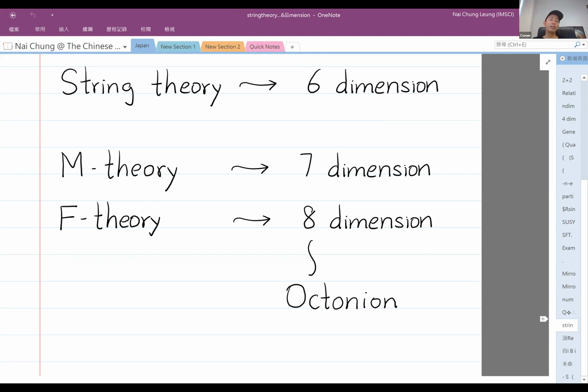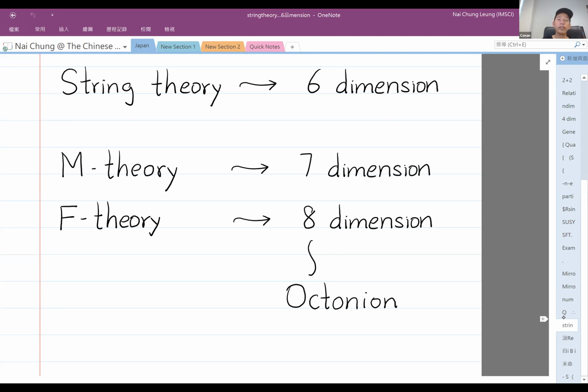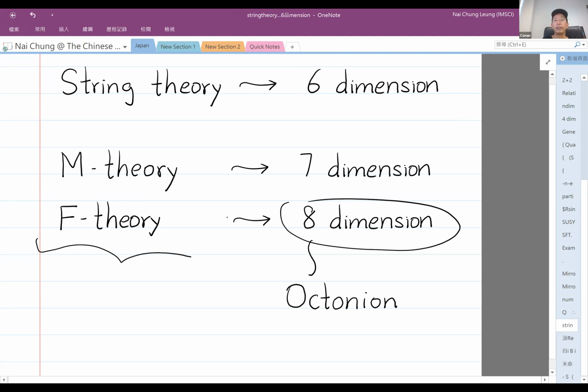And then what is this number 8? In fact, it turned out that from a mathematical perspective, they are all related to this number called the octonions. This is the largest norm algebra. So let me say a few words about this octonion. Let me say again what the point here is: for the physics, you gradually find out that the bigger and bigger theory, in fact, cannot be any bigger. The largest one from a physics perspective is F theory, and its compactified space is 8 dimensions.